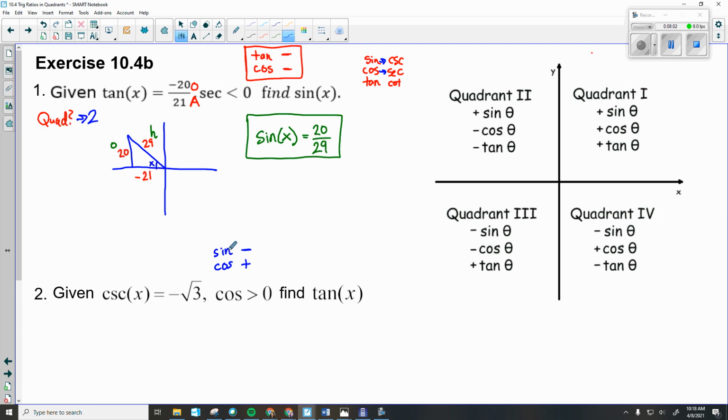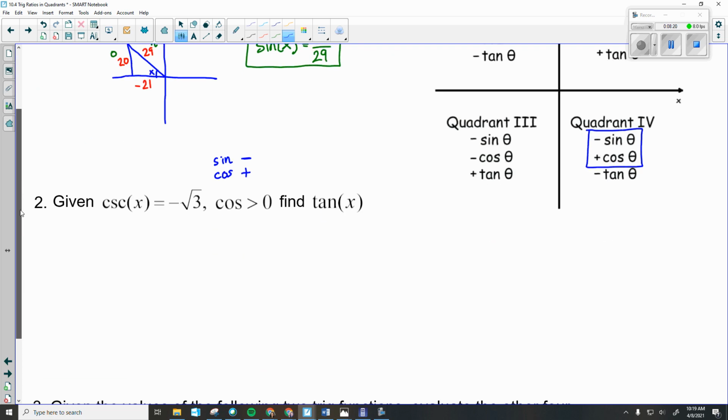All right, so now we can turn over here and see which quadrant has sine negative and cosine positive. So sine negative, there we go, quadrant 4, okay? So sine is negative, cosine is positive. Wonderful, so now I can draw my triangle in quadrant 4. Angle x is here,